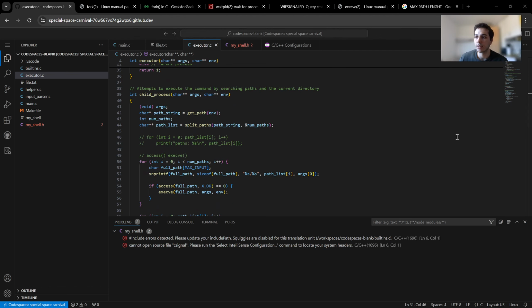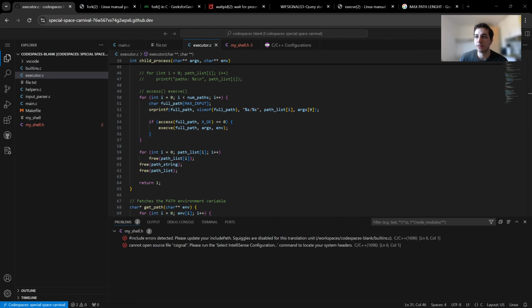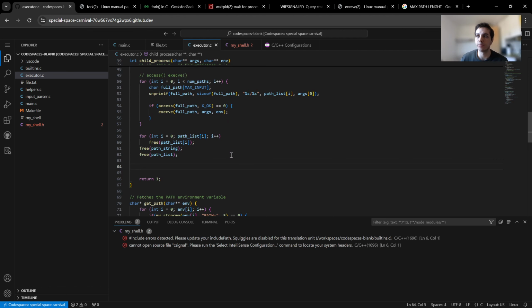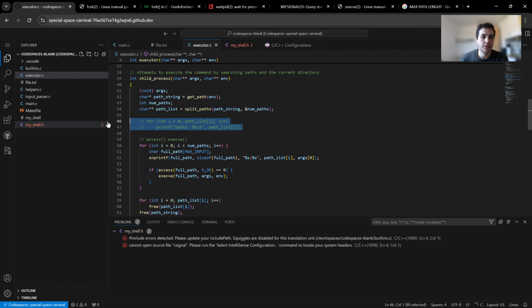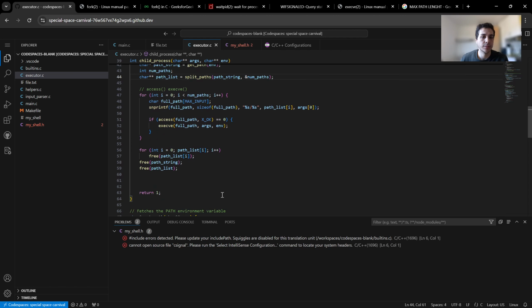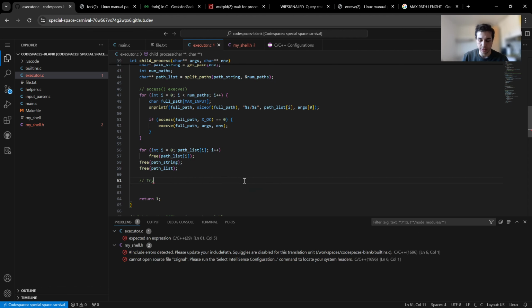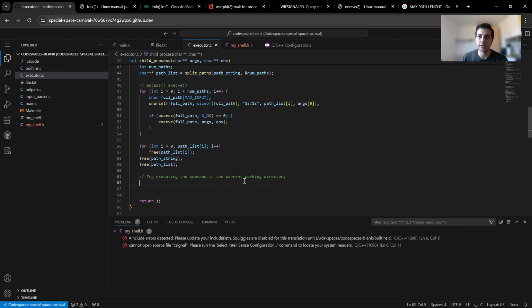So let's continue our child process, and after we are accessing, executing and freeing our path, I don't think we need to print this anymore. I will try executing a command in the current working directory,